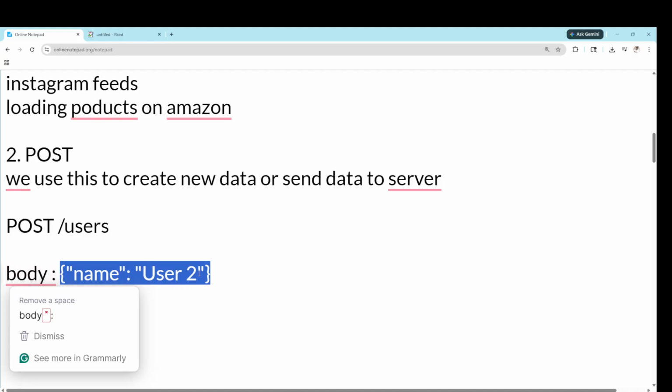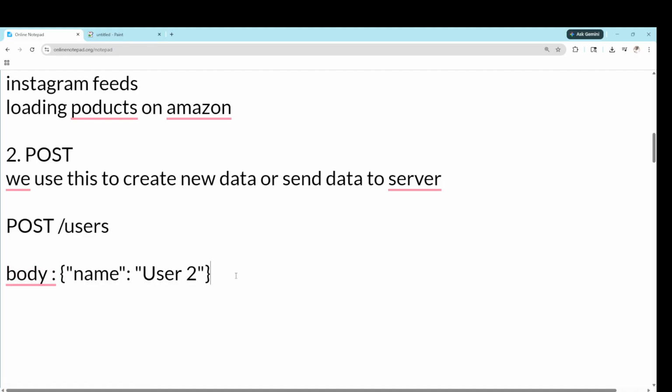So this is how we send data in the post method, okay. We are not concentrating on the syntax or anything here. We are just here to know what all HTTP methods are there, okay. It's not like we are going to run any code or anything. This is completely a learning video for what all HTTP methods are there, okay.